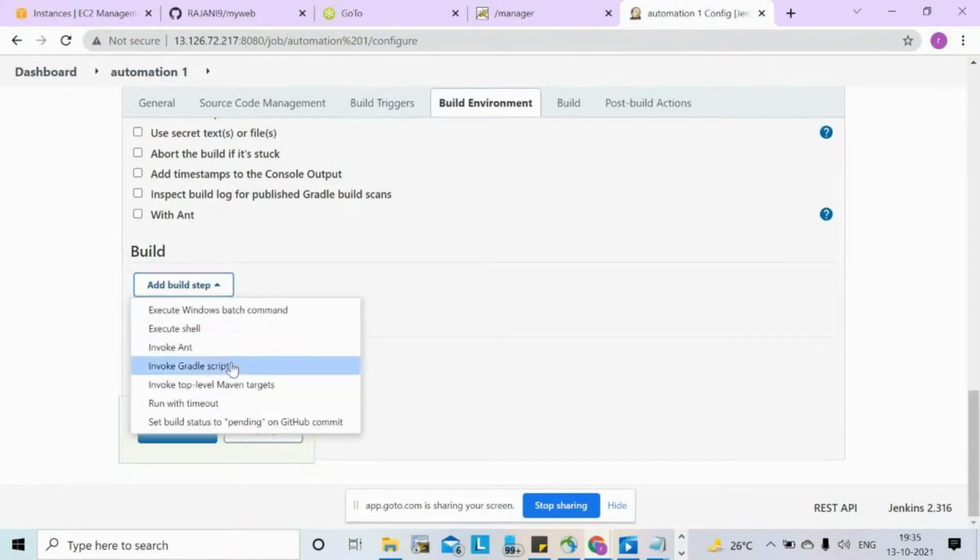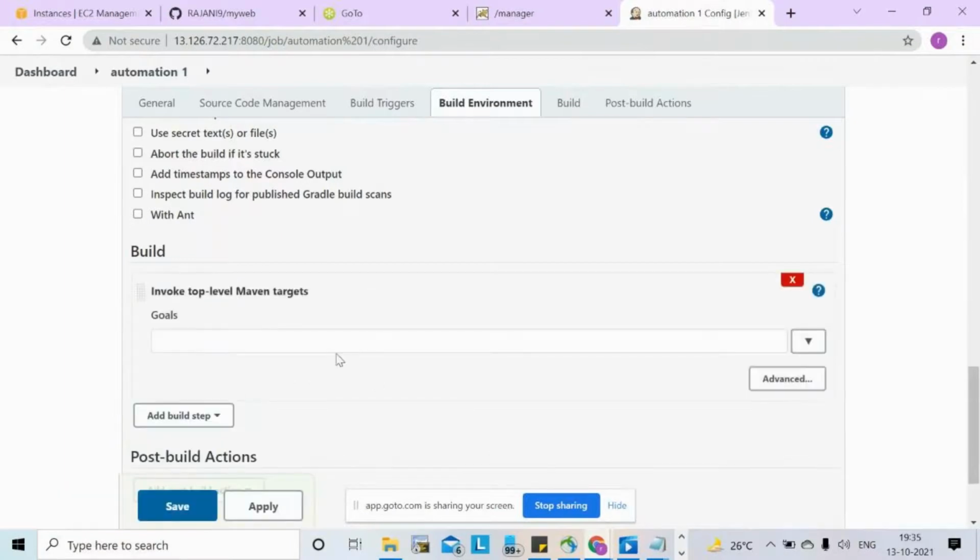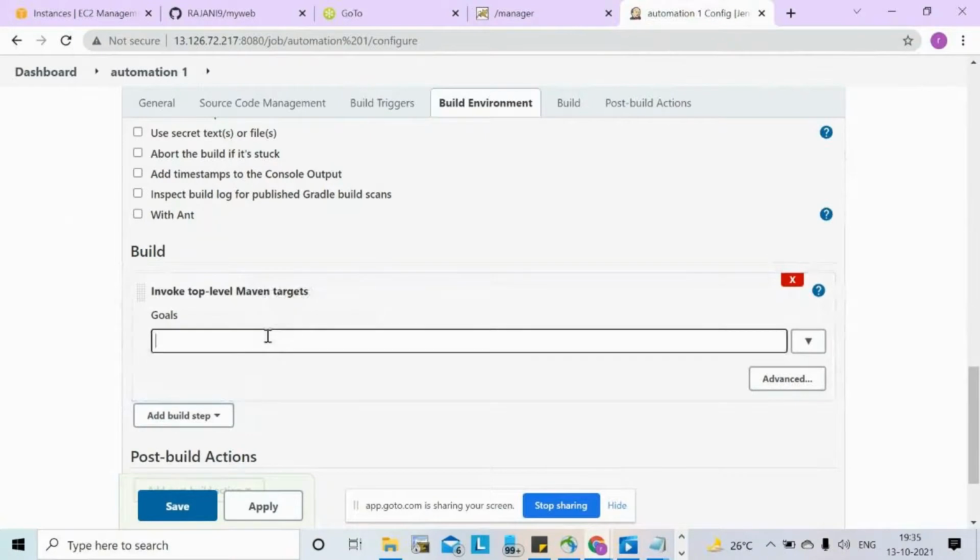I'll go for invoke top level Maven targets. What will Maven do?